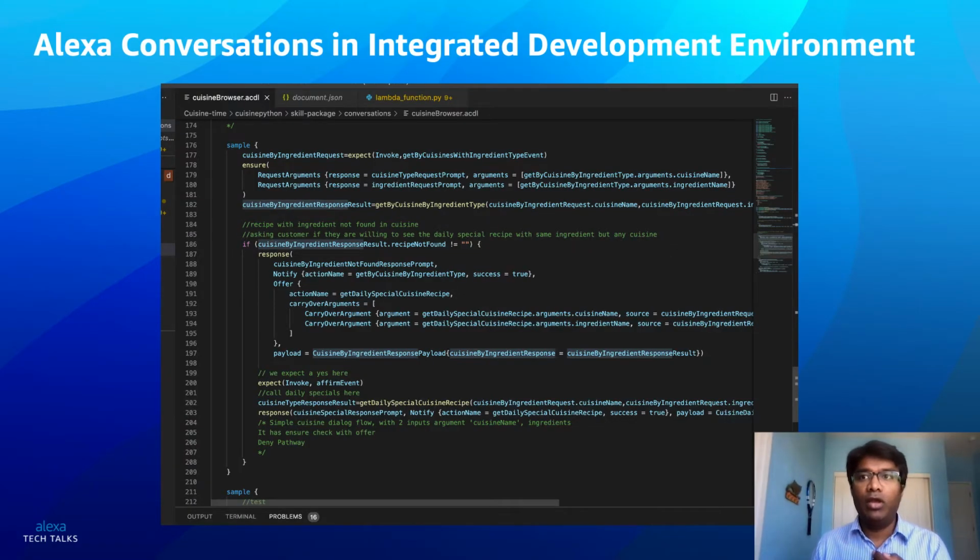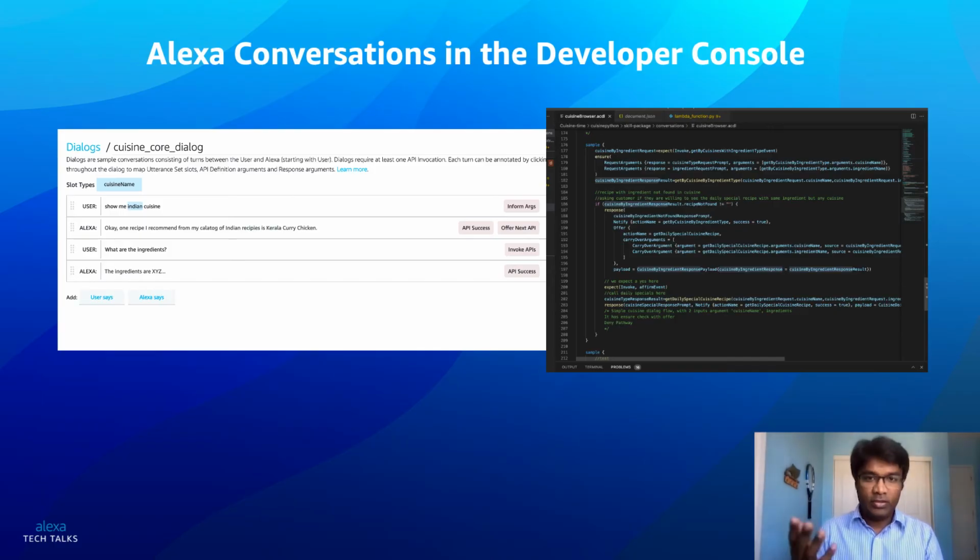As we saw a moment ago, in the Developer Console, skill artifacts annotate conversations in pretty much full text format. In ACDL, dialogues are represented as a sequence of events and associated actions which are tied to it. As you can see, both of these dialogue variations, one built via the Developer Console and one built via ACDL through the IDE, get trained very similarly at runtime and provide similar behavior and a similar CX for the end user.